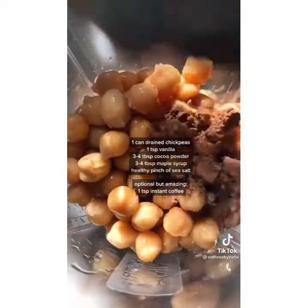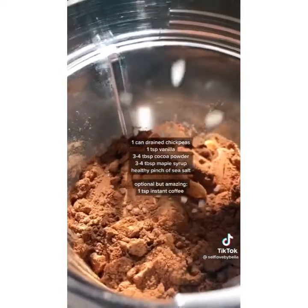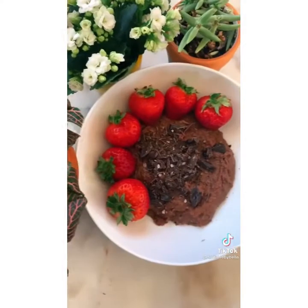The chickpeas are the main ingredient because I promise you cannot taste them and they're a great source of protein. This is so amazing on pretty much any fruit and it would also be so good on pancakes. You should try this because...